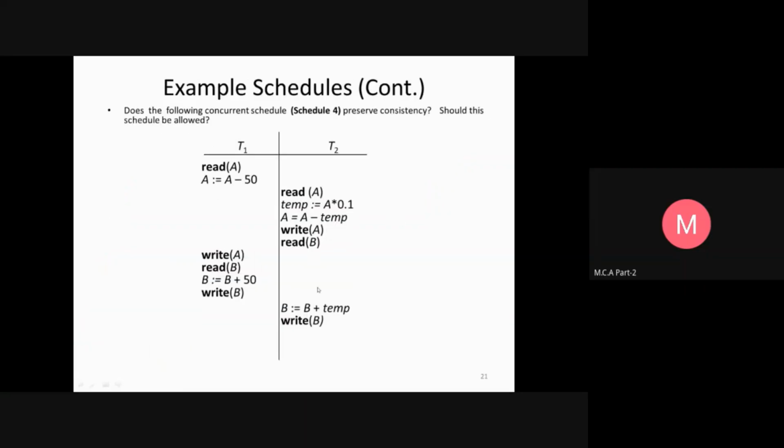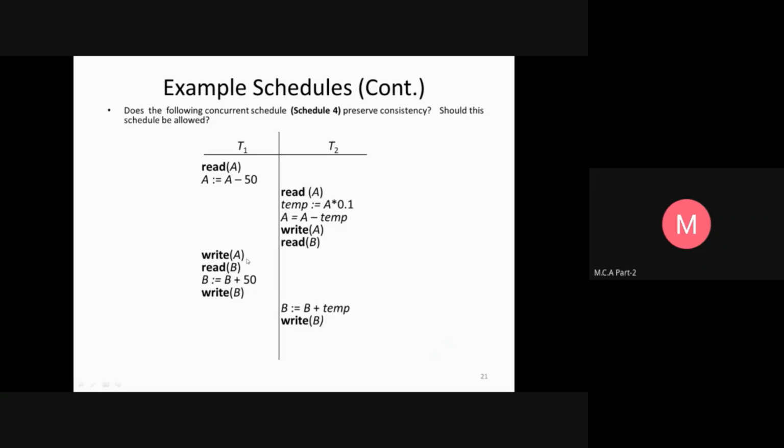Let's look at schedule 4, which is the third example that we're looking at. The question asked is, should the schedule be allowed? Now, if you look at this, you do tend to see a couple of problems in the database. Okay. And if you realize what the problems are, you will realize that in this particular schedule, the final